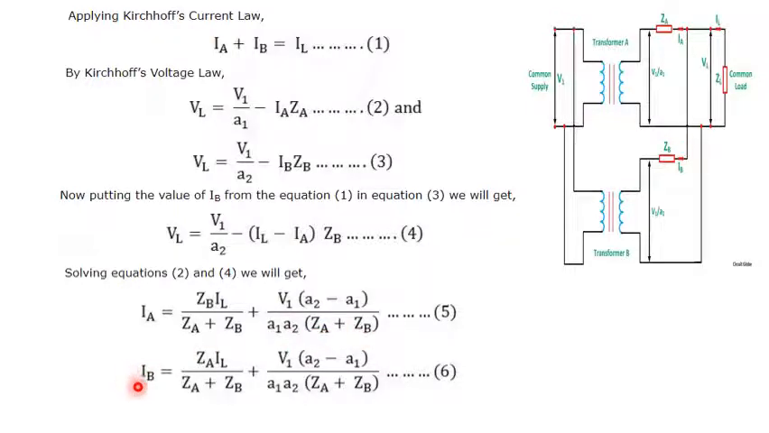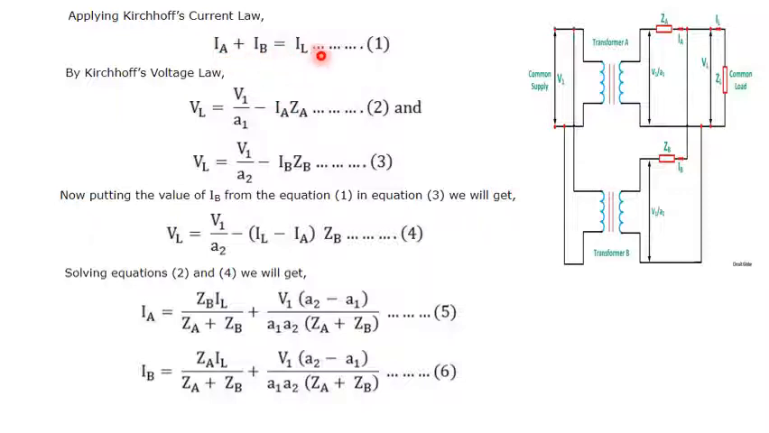Similarly, you can write IB. How can you write IB? Here you consider this equation: in place of IB you substitute the value from equation number 1, that is IB is equal to IL minus IA. Similarly, in order to obtain IB, just consider equation number 2. In equation number 2, in place of IA, substitute the value from equation number 1, that is